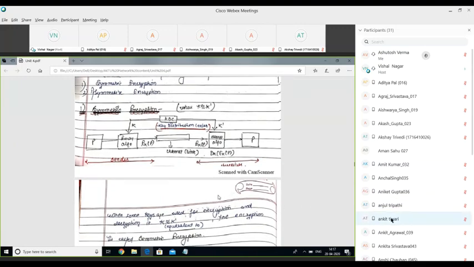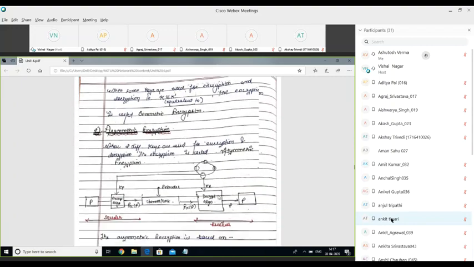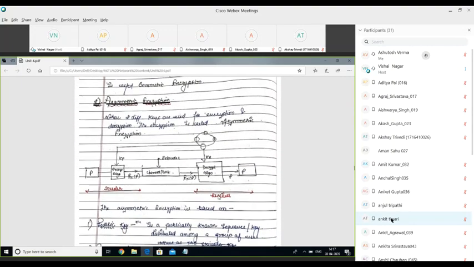Similarly, we have discussed the model of asymmetric encryption also, in which we were using the key pair of the receiver side. The right hand side is the receiver side, and we are using the key pair of the receiver end. So the receiver is sharing a public key with the sender to make the message secure.